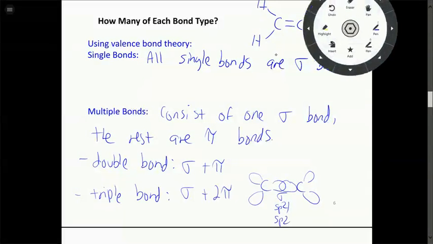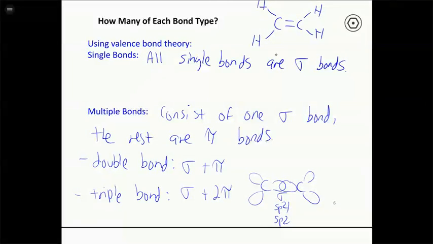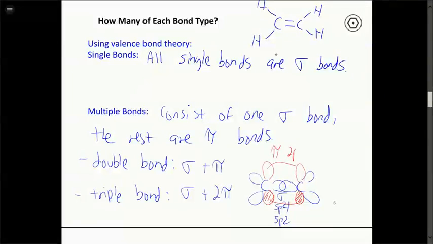And then you're also going to have a pi bond. This is a double bond, so you're going to have 1 sigma and 1 pi. And remember that when you have sp2 hybridization, you still have p orbitals that are unhybridized. Those p orbitals are going to be perpendicular to the trigonal plane, and they're going to overlap above and below that trigonal plane. So that's going to be your pi bond, which is a 2p overlapping with a 2p. All right, so this is how the picture of it looks. When you have a double bond, you have a sigma bond that involves the hybrid orbitals, and you have a pi bond.